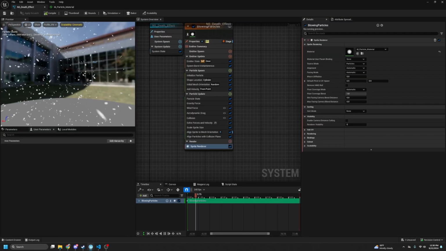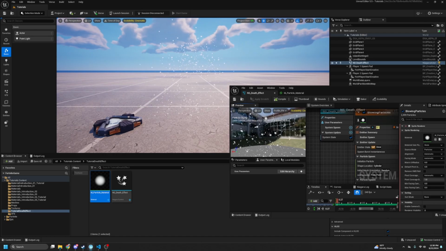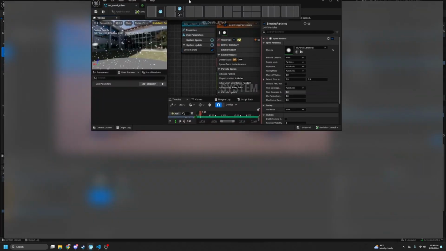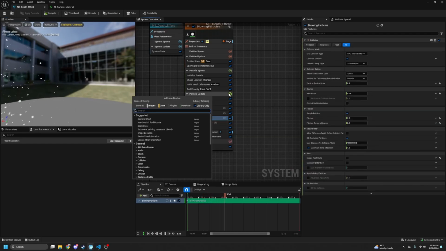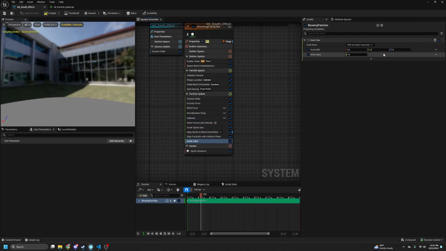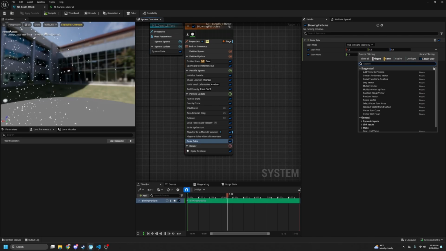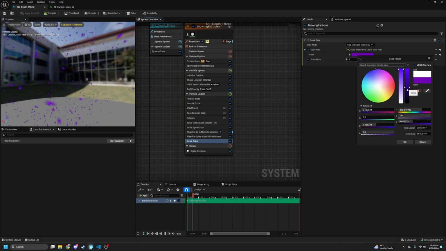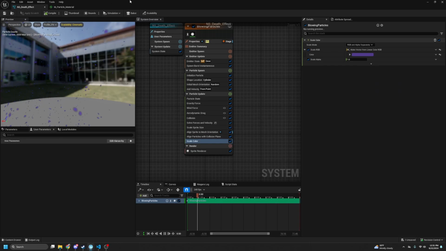We save this again, and again it's white, so let's give it a color to match the creatures. It's kind of like that dark purple, so go scale color, and we can click on this vector here, the scale RGB, and we can go linear, make vector from linear color, so it gives us this color picker, and we'll give it this really dark, yeah, this darkish purple. If we save that again,